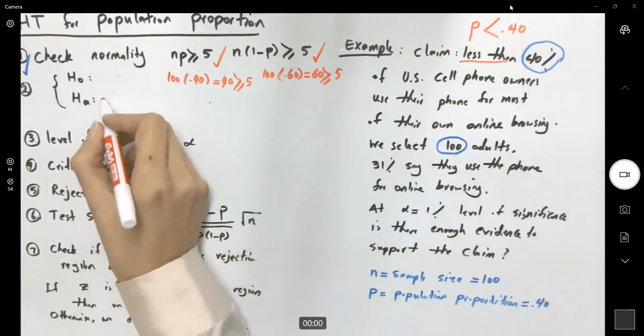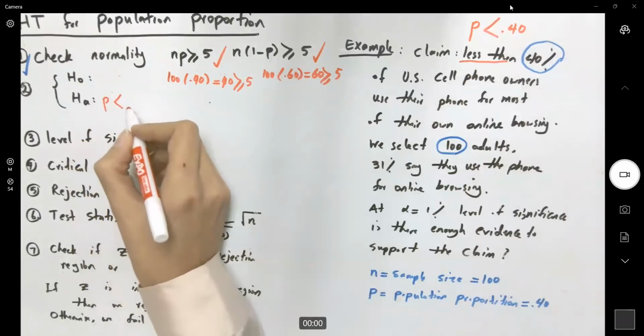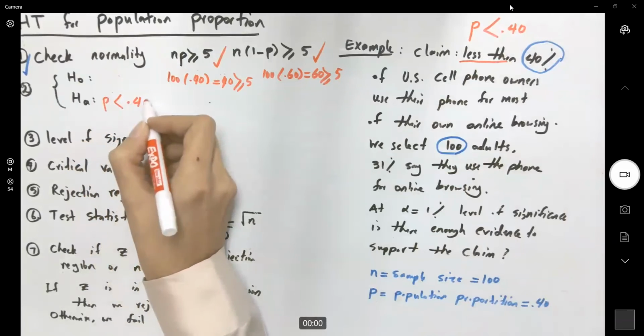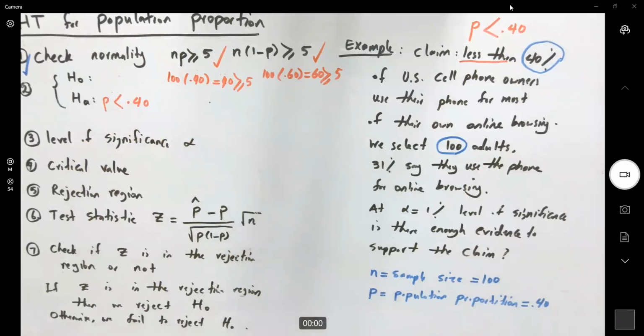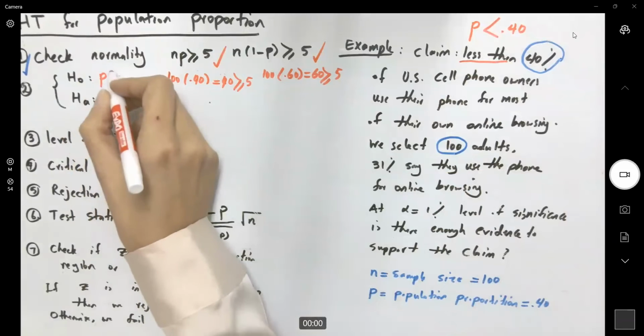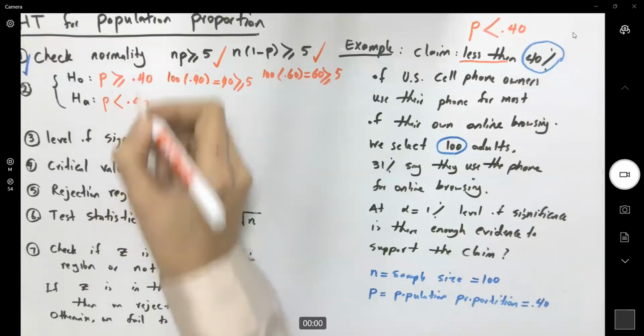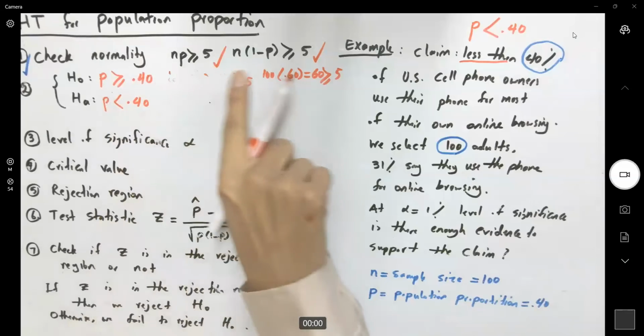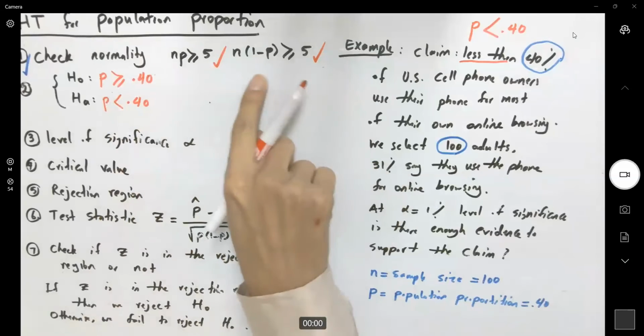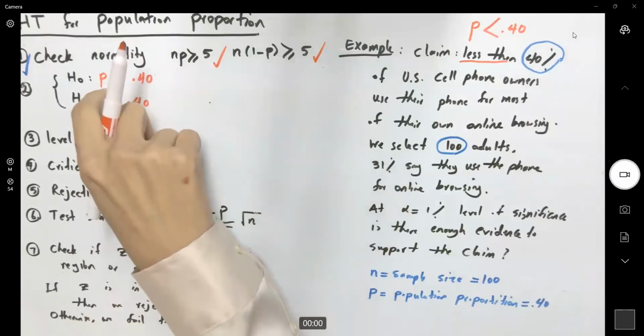So the alternative hypothesis says the population proportion is less than 40%. What is the opposite of less than? The opposite of less than is larger than or equal to. The population proportion is larger than or equal to 40%, or in other words, the population proportion is at most